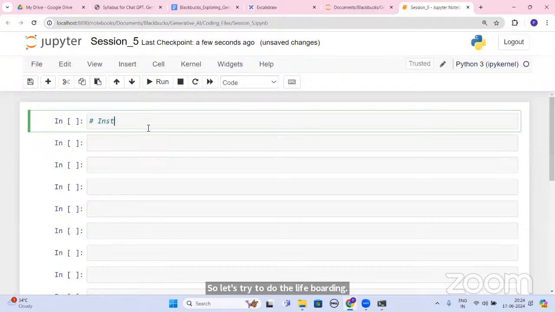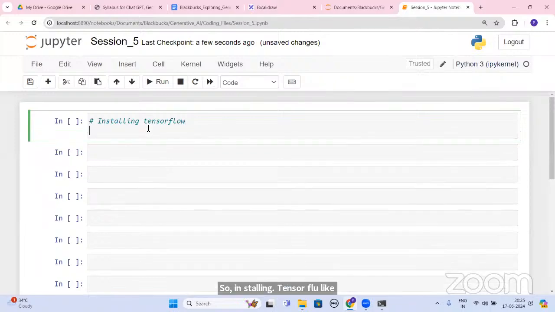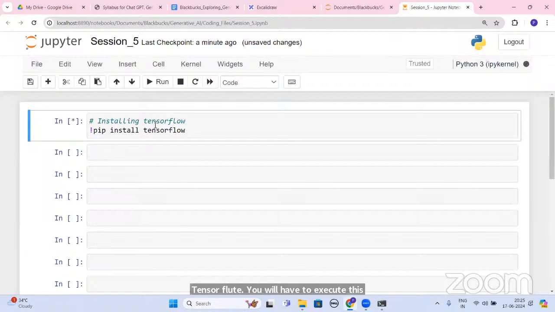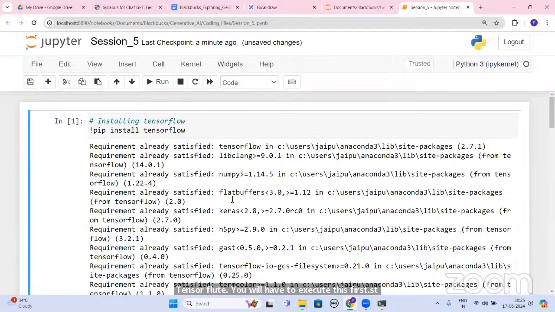Installing the TensorFlow library if you don't have it: exclamation mark pip install tensorflow. You will have to execute this first, otherwise your code will not run. It is showing requirement already satisfied on my laptop because I already have the TensorFlow library.